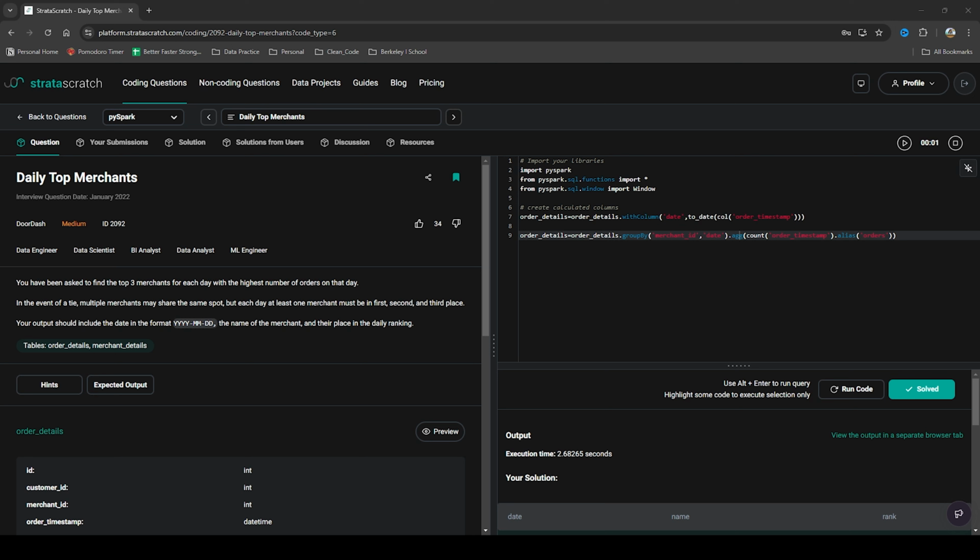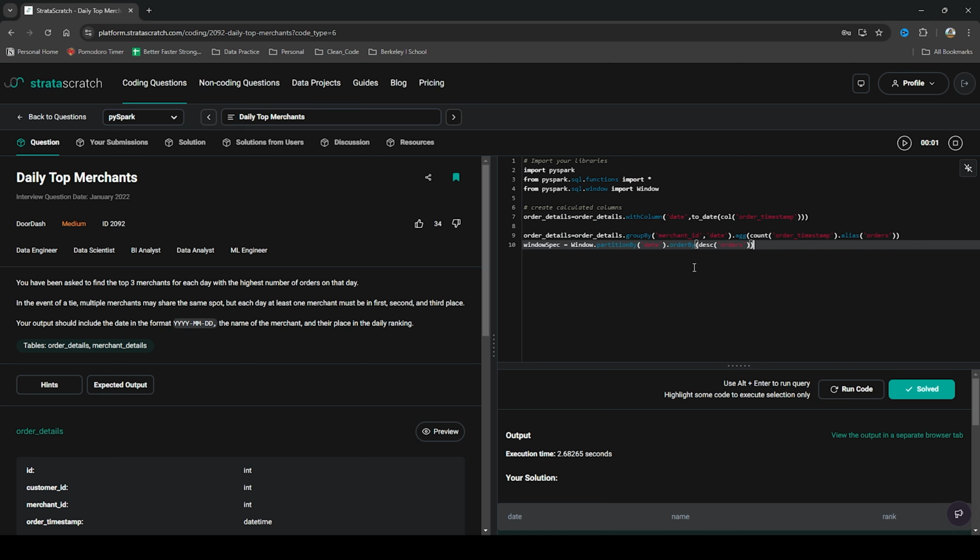We're then going to define our window function. So we're going to partition by date and then order by descending orders within the window. So for each date, it's going to start with the highest number of orders for our window. And then we need to set up our ranking. So for our ordered details, we're going to use dense rank, and we're going to do the dense ranking over the window. So it's a lot of moving parts, but this is why we make the project plan, and we do all that work in the notebook to understand what's going on here.